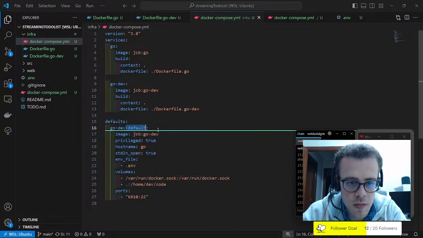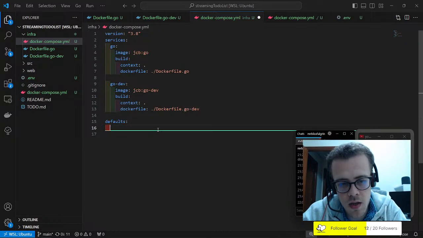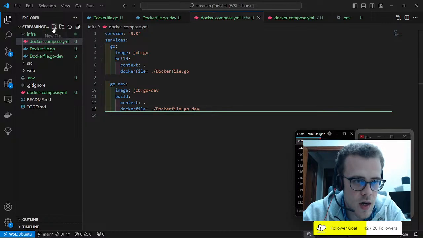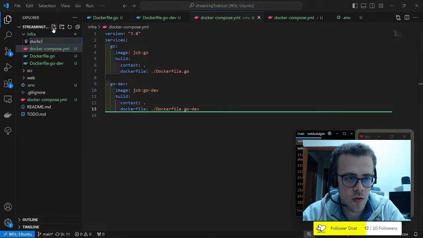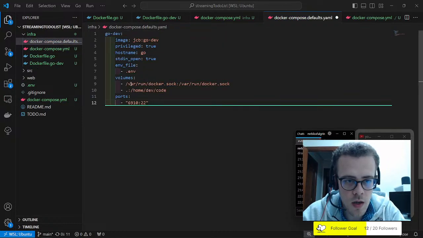Okay, let me move this from this Docker file to another Docker file. That might probably be the correct solution. So what if I have one more here that is docker compose.yaml, this one is docker compose.defaults.yaml,